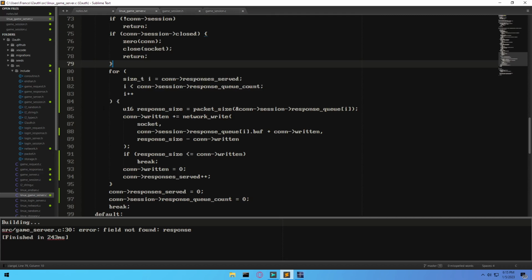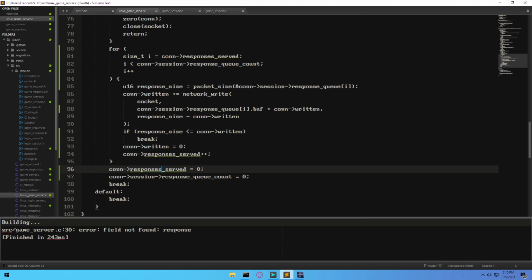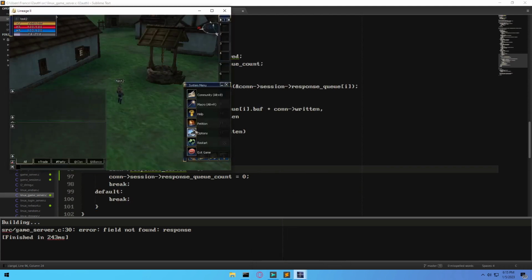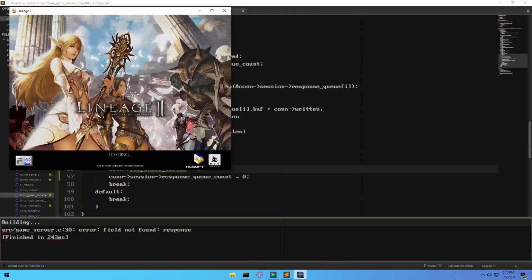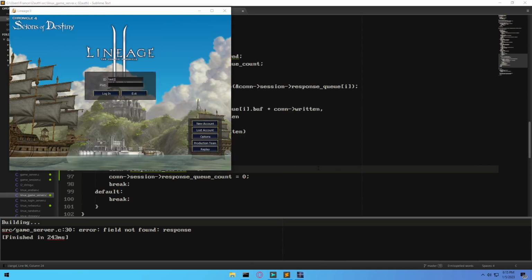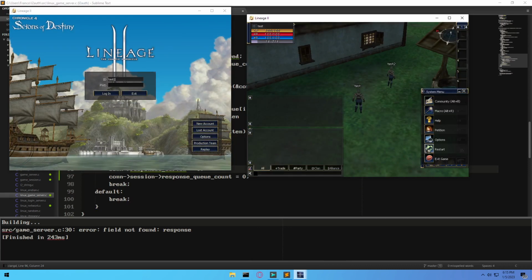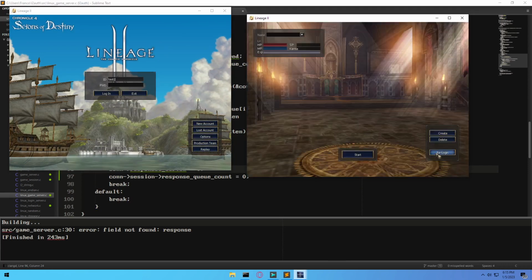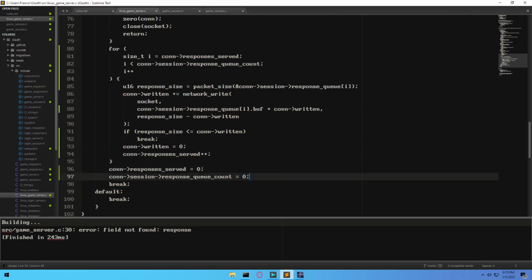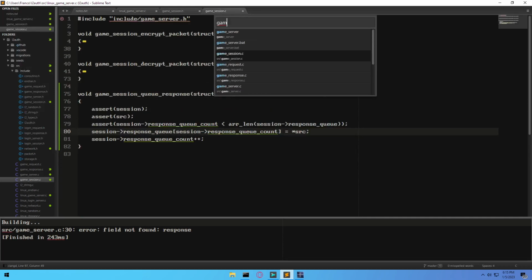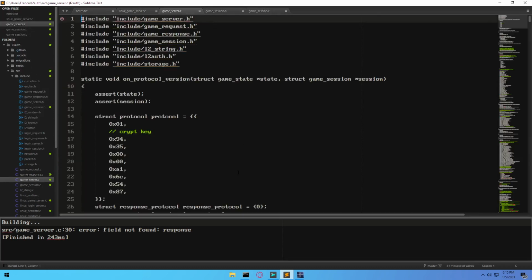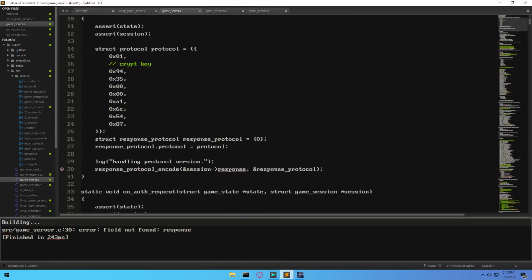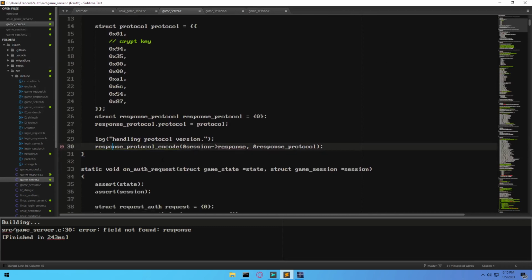All right, because we no longer have the response field. First, I'm gonna restart this. There we go. And now game server. And now instead of